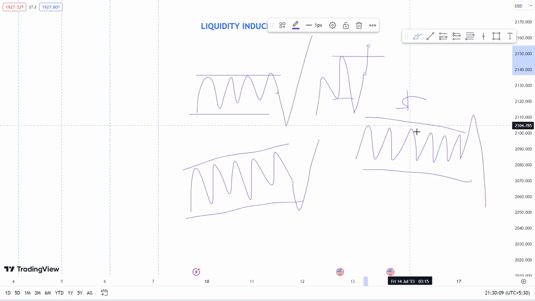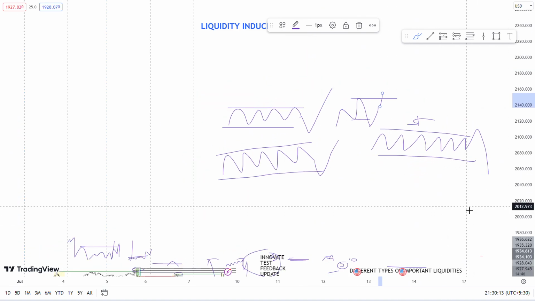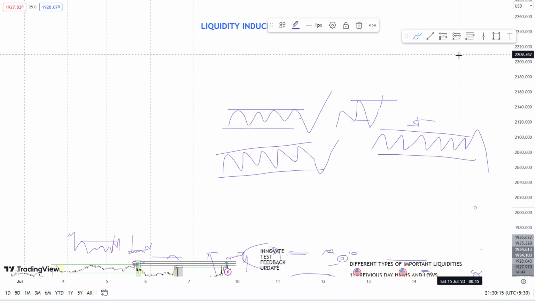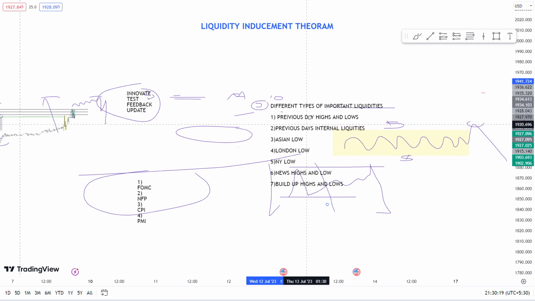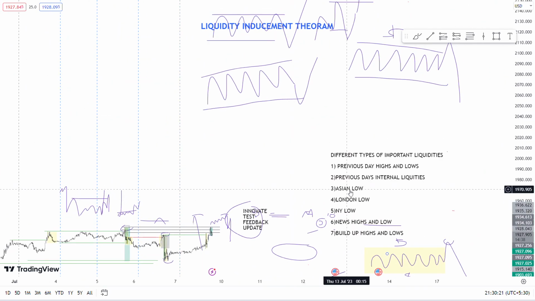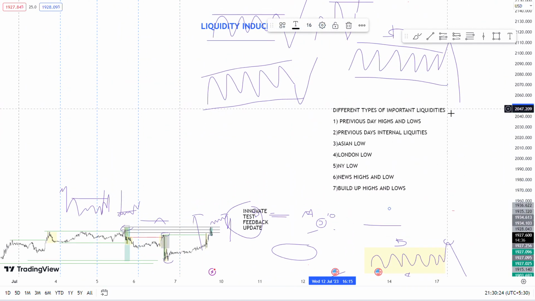This is how I view the retail build-ups in the markets. Same thing. So yeah, we have completed all the different types of important liquidities. So the thing I will ask you to do is prepare a clean checklist of your entry type of the liquidity,